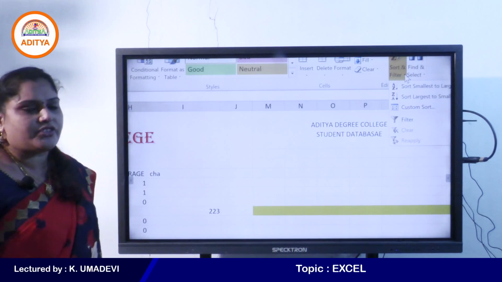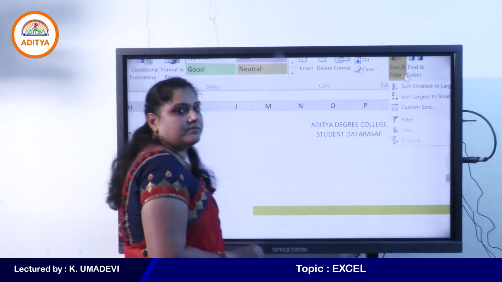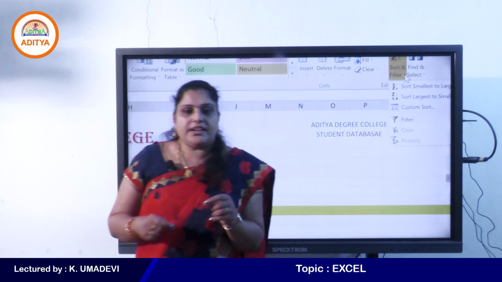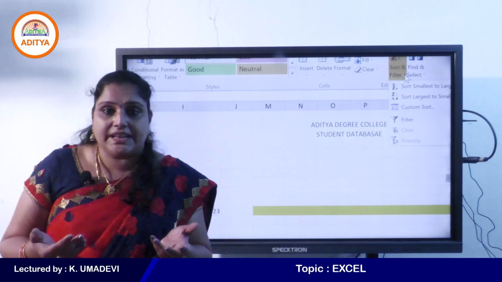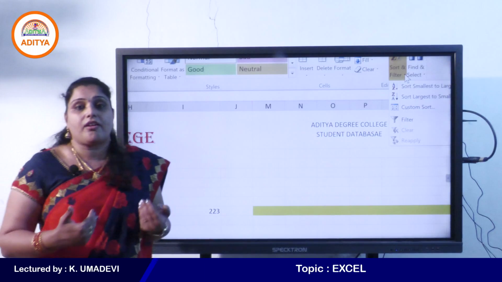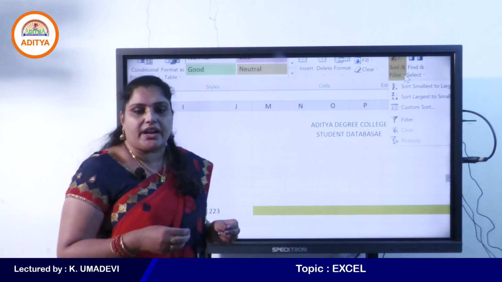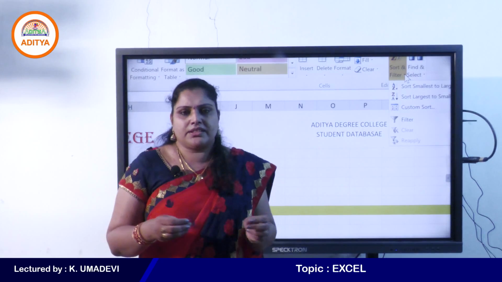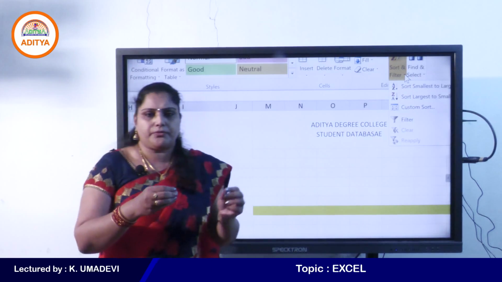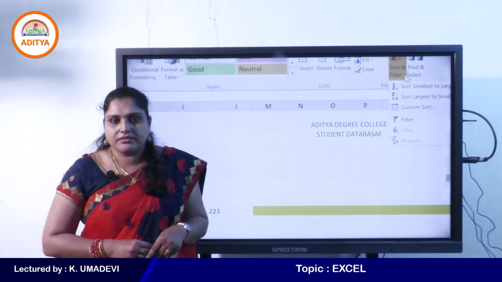Do you know about filter, students? Filter in Excel is used to display the columns data according to specified criteria. For example, if your sheet contains a lot of content, then it can be difficult to find the information quickly, right?